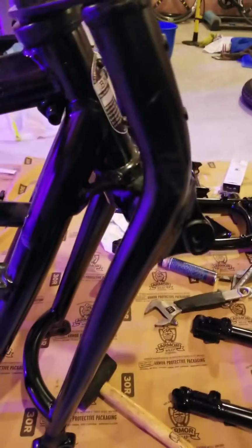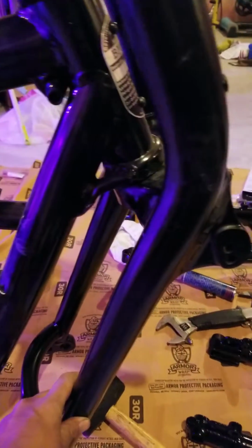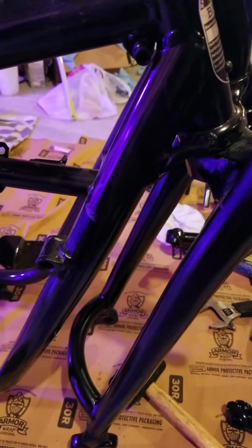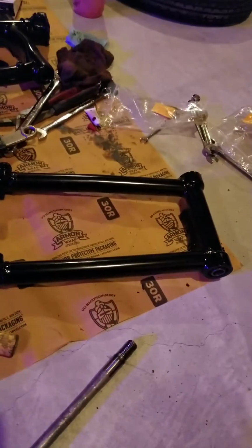Yep. We're now on the third day of the build. So now the main fork is in. I just got off work. It's 9 p.m. So what I'm gonna do now is just put this